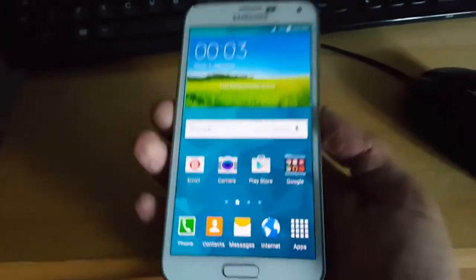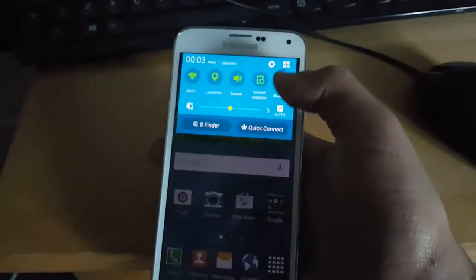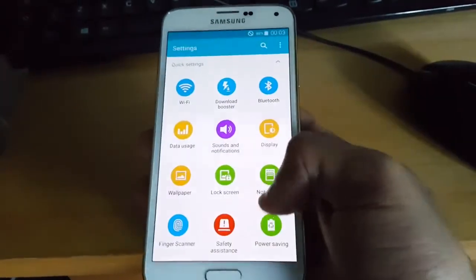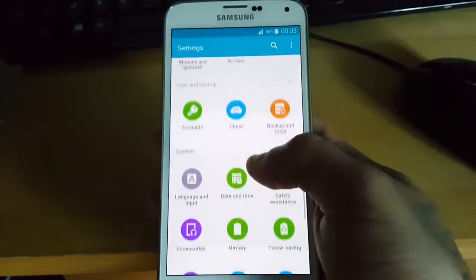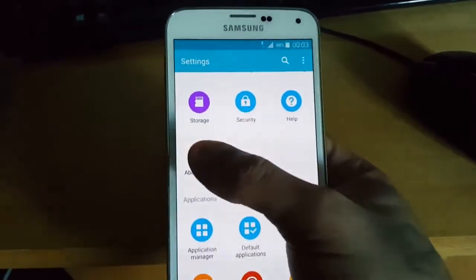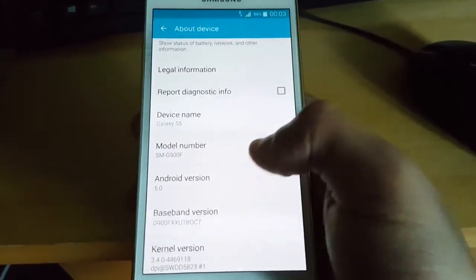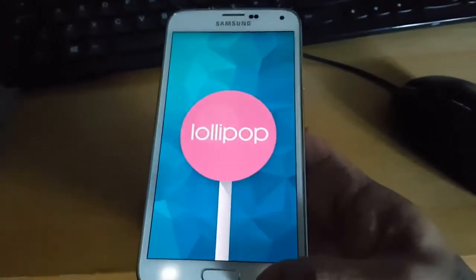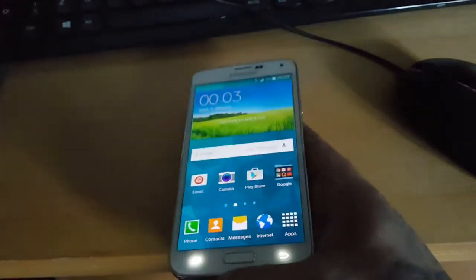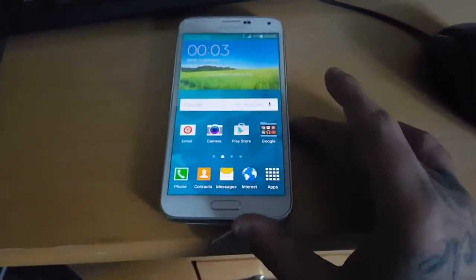But now the phone should be back to Android 5.0 or 5.1.1, which is Lollipop. There it is, Android version 5.0 Lollipop. So yeah guys, this is just my simple tutorial showing you how to downgrade from Android 6.0 Marshmallow back